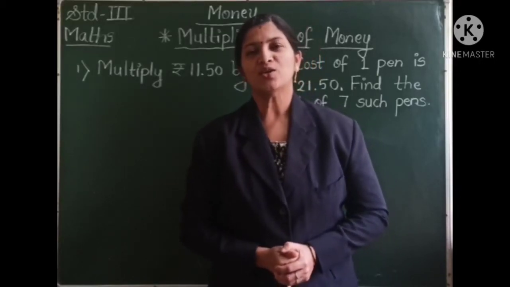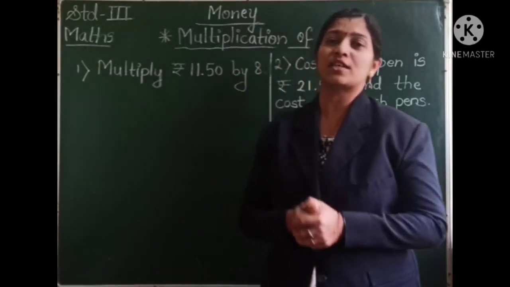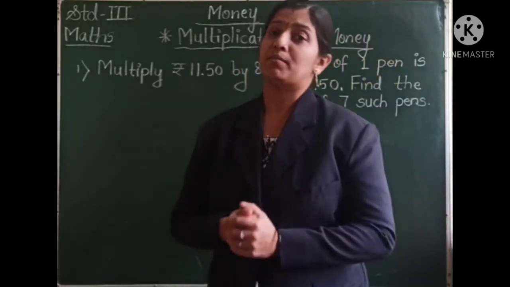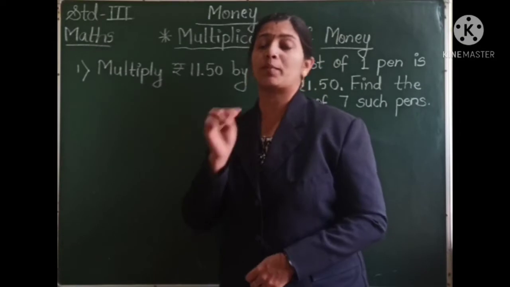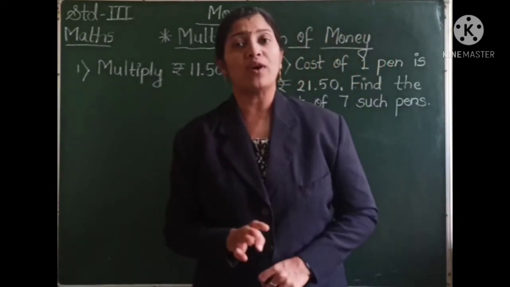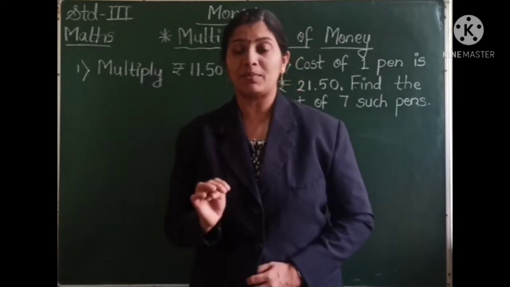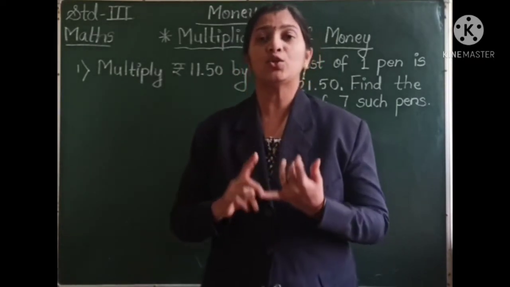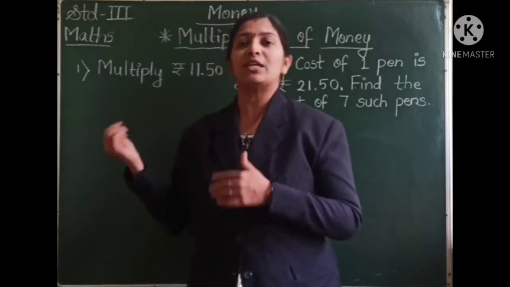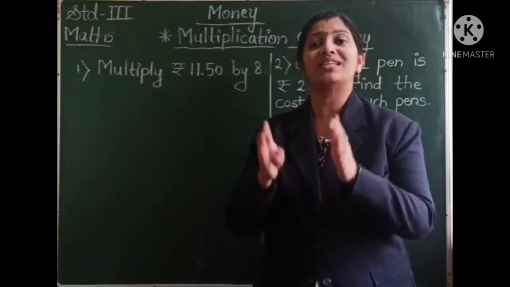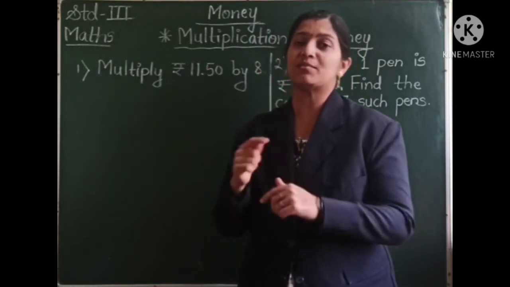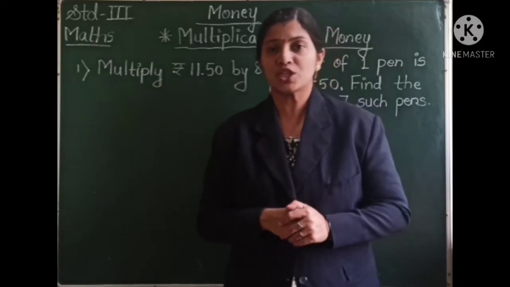Hello students, today we are going to discuss the subtopic multiplication of money. So in the topic money, we are going to see the subtopic multiplication of money. So till today, or so far, we have already learned about the multiplication of numbers, right? One digit number, two digit number, three digit numbers. So multiplication of money is also to be done in the same manner. Just the amount, the money, is taken and it is multiplied with the number which is given to you.